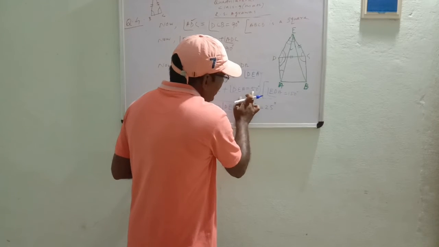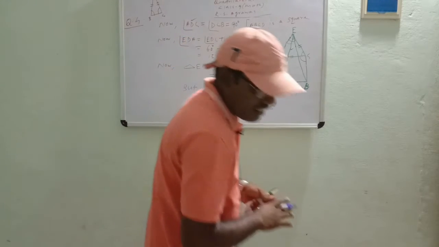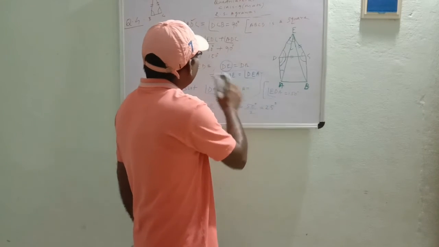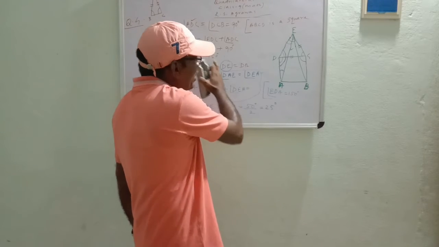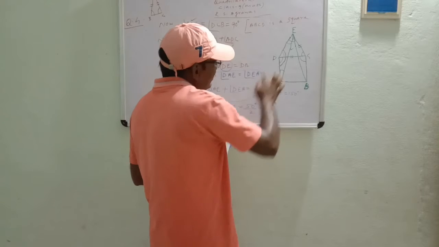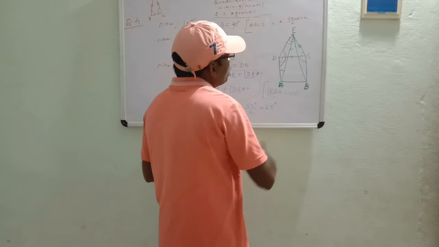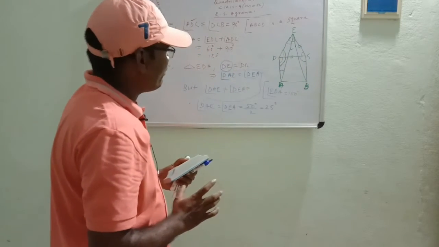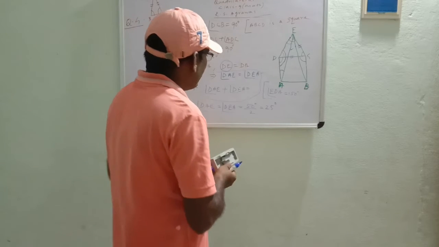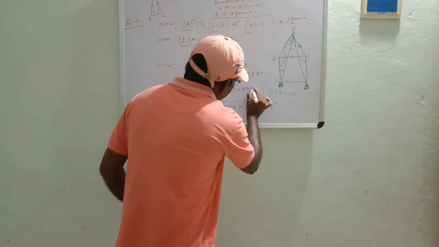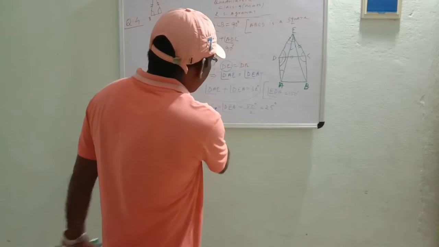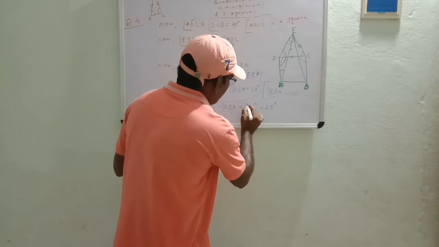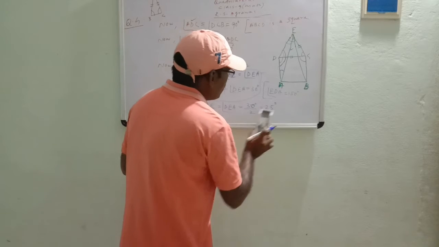Here I have written 50 degree, but it is not 50 degree, it is 30 degree, because sum of the three angles in a triangle is 180. As angle EDA equal to 150, so sum of these two angles must be 30. 180 minus 150 equal to 30, but wrongly I have written 50 degree, so it is 30 degree. Hence angle DAE equal to angle DEA equal to 30 degree by 2, 30 degree by 2 equal to 15 degree.